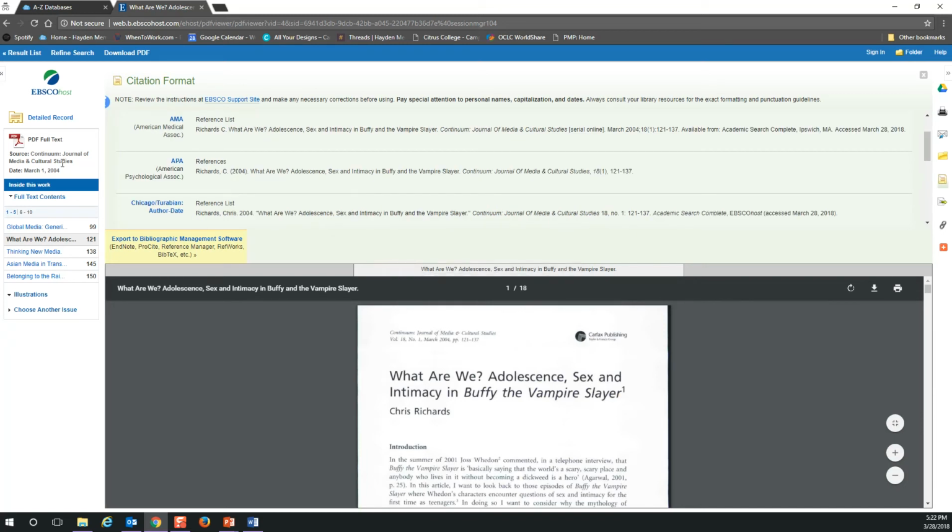Now I always like to caution students that when using this, remember this is still a computer. So it only knows what I tell it, right? It's not thinking. If I import something incorrectly, it's not checking and double checking. So I can see right away in this particular APA reference that the capitalization is off. It is not written in sentence case. So if I were to just copy and paste this into my paper, I would get points taken off because my sentence casing would be wrong. And again, we don't want to do that. We've worked really hard on this paper. You don't want to get points taken off because you didn't capitalize something properly.